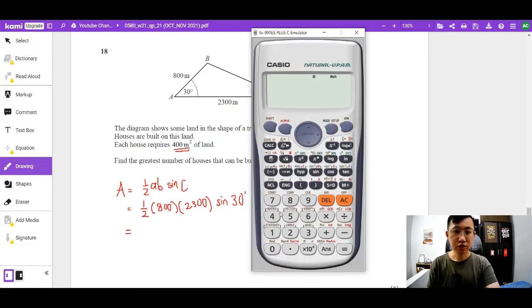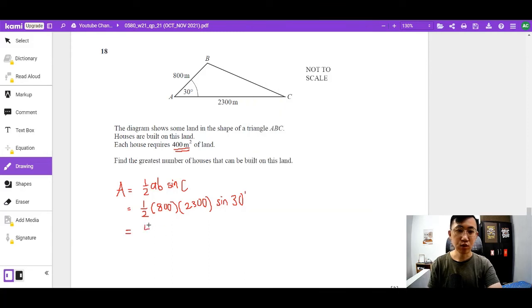So from here, teacher is going to use calculator. 0.5 times 800 times 2,300. So usually I won't be greedy and type one shot. I will press equal first, then multiply with sine 30. Alright, bracket close and press equal. So teacher can see the answer is 460,000 meter square. Okay, so that is the area of this whole triangle, and each house will require 400 meter